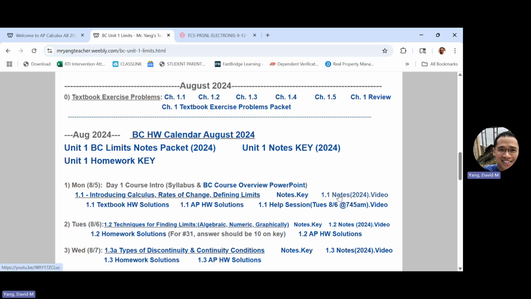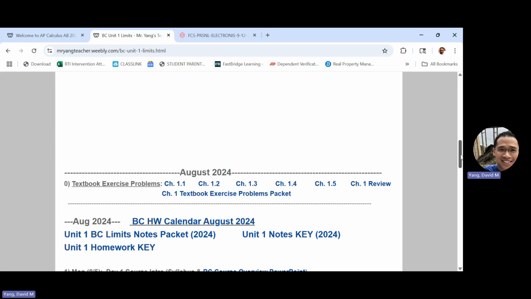So if you wanted to get ahead, you could go and watch the videos from last year, and they're very much the same. Okay, I'm not requiring you to do that. I'm just letting you know that let's say you're going to be out for an extended period, and you want to just be able to kind of get ahead. You can do that simply by going further down on the page, and you can find the corresponding day and the corresponding video. Okay, but that's just for your resource.